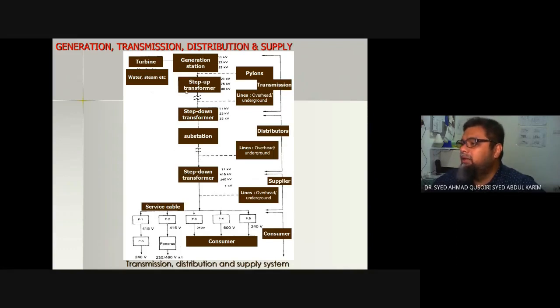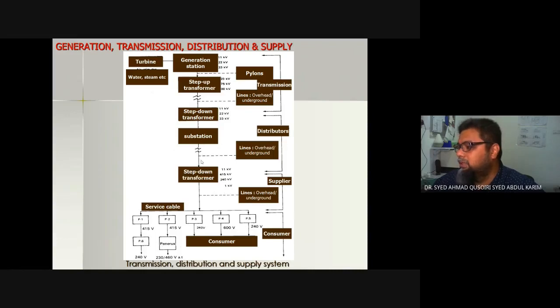Bila sampai ke step up transformer tu, mulalah transmission kan. Transmission, travel. And then step down, maksudnya kita dah mula proses distribution in that localized area. Okay, and then goes through substation, okay, hantar ke pengguna industri, hantar ke pengguna commercial, hantar ke pekan, ke